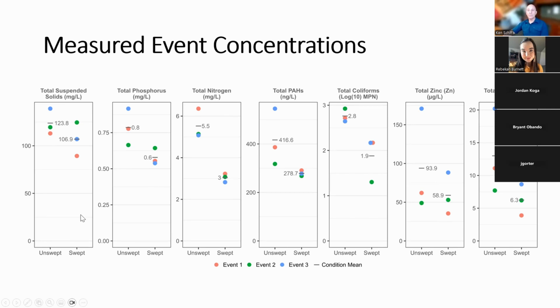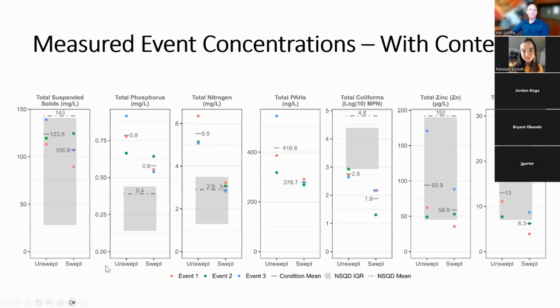And so, for the SMC, this was illuminating. Everybody's eyes got real big. But then the next question became, well, how representative are these? If we want to continue to move forward, was this just a really dirty area, or was this a really clean area? And so what we did was plot on top of this the interquartile distribution from the National Storm